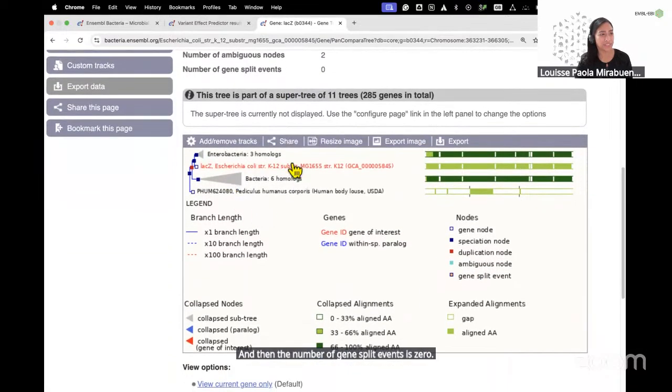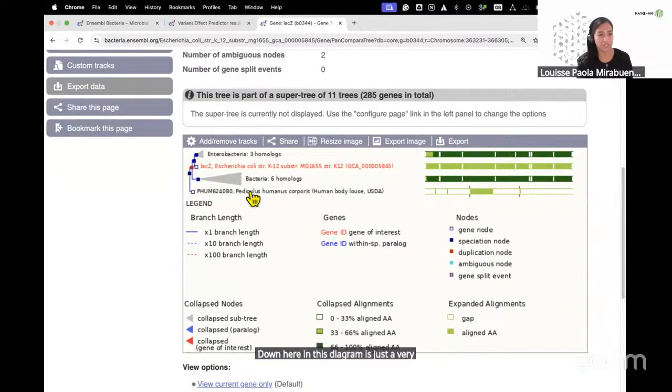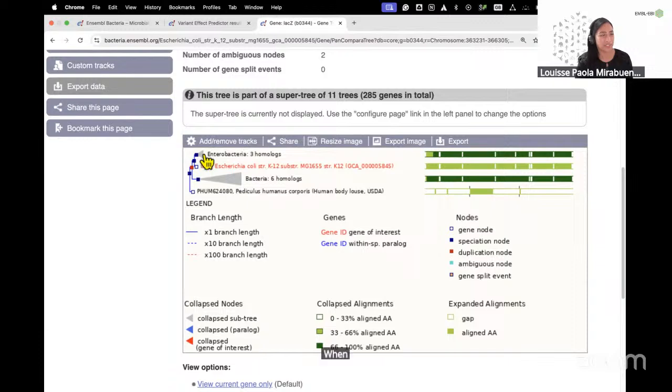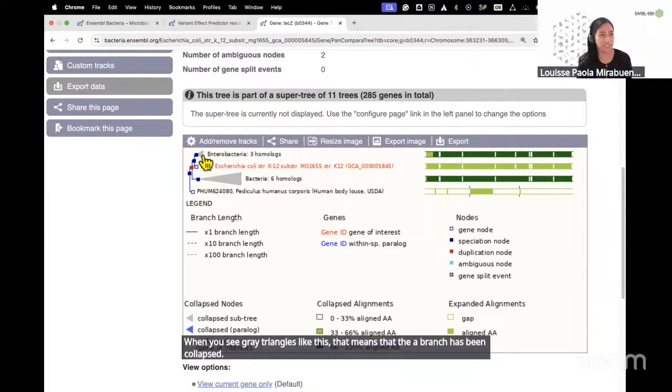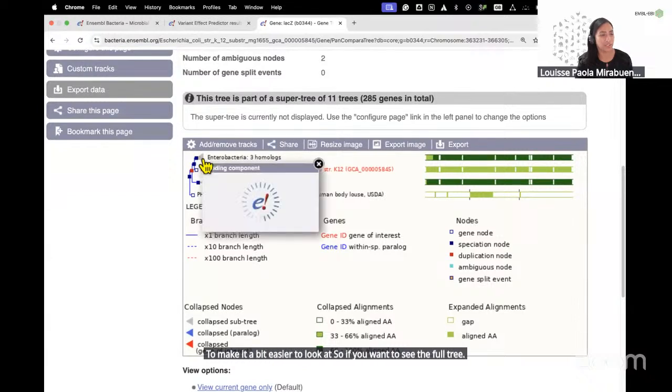Scrolling down, you can see your actual tree here. And there is a notice just above that says that this tree is only part of the super tree. So what you're seeing in this diagram is just a very small version of your actual gene tree. When you see gray triangles like this, that means that the branch has been collapsed to make it a bit easier to look at. So if you want to see the full tree, you can click on the triangle,